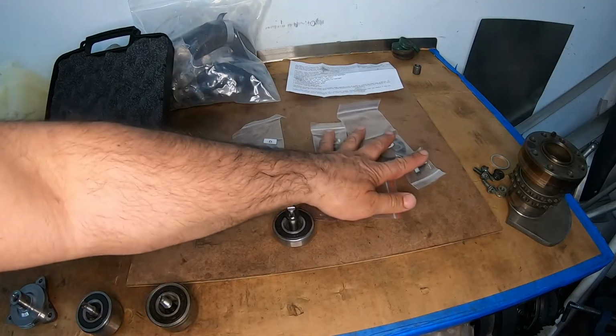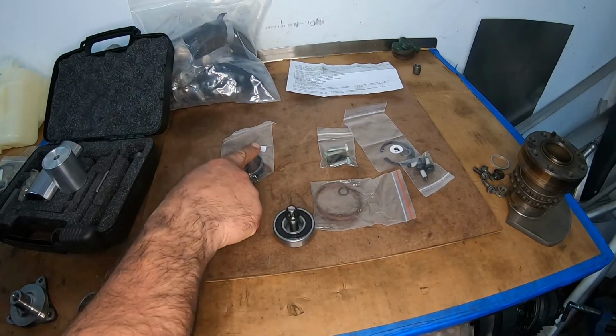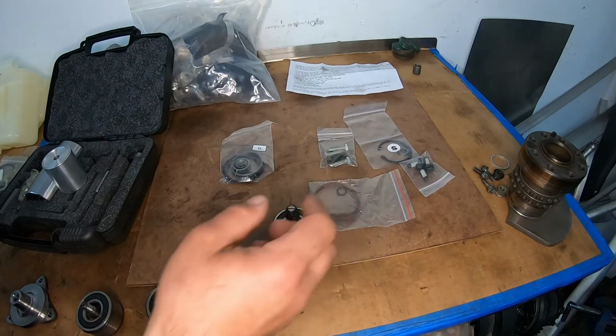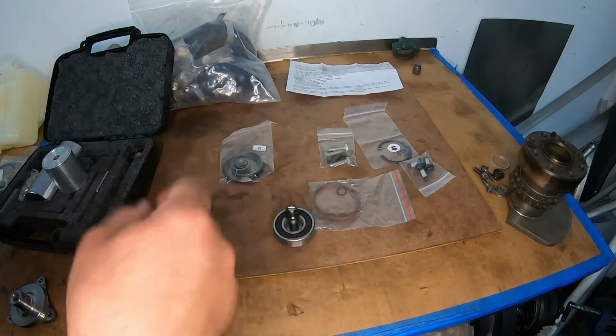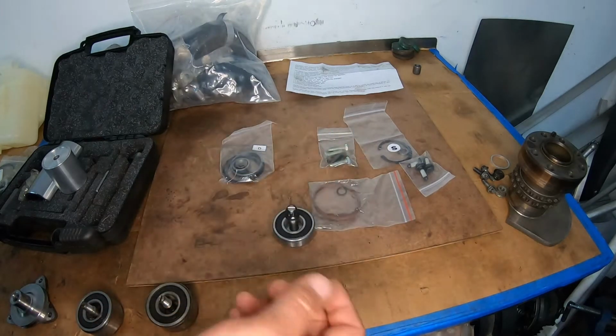Alright, so this is what comes with the Pelican kit. The D here is for the dual row, and the S is for the single row. Whenever you get the bearing, when you pull out the bearing, you know what you have. A lot of times you can't tell till you pull it out, but